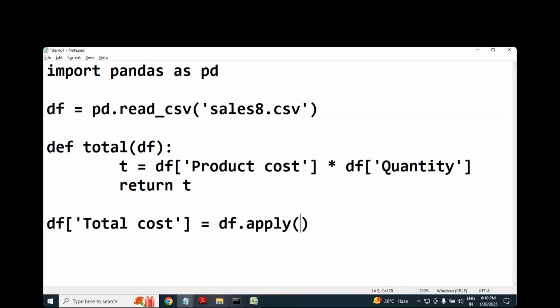It takes two parameters, p1 comma p2. The first parameter should be just the name of the function. Parameter 2 is axis equals to 1, you have to specify what operation, column wise operation. We are good to go. Then you can just print the df dot head method,